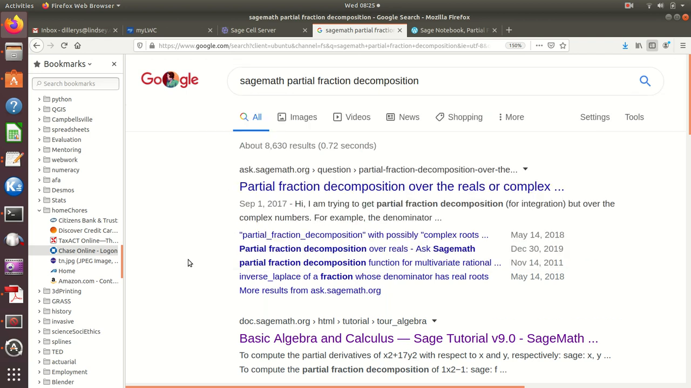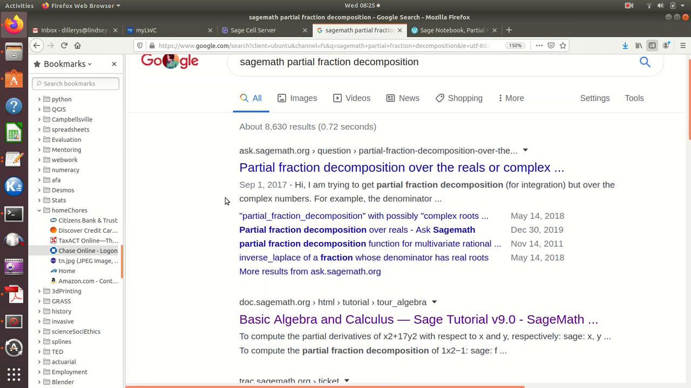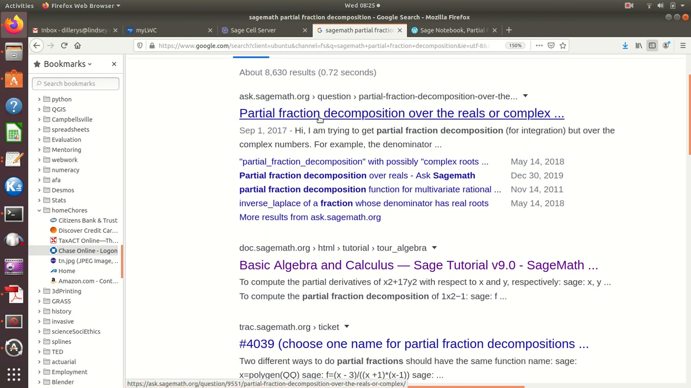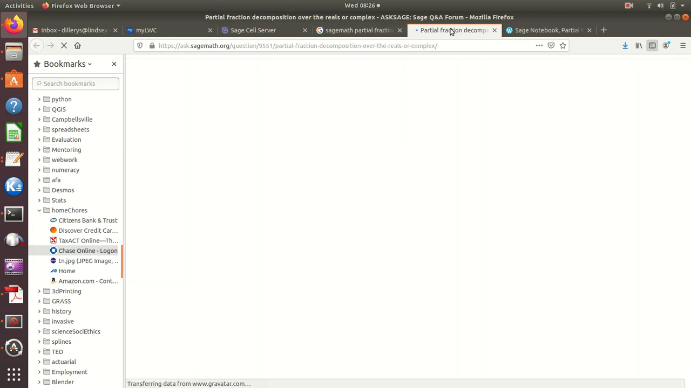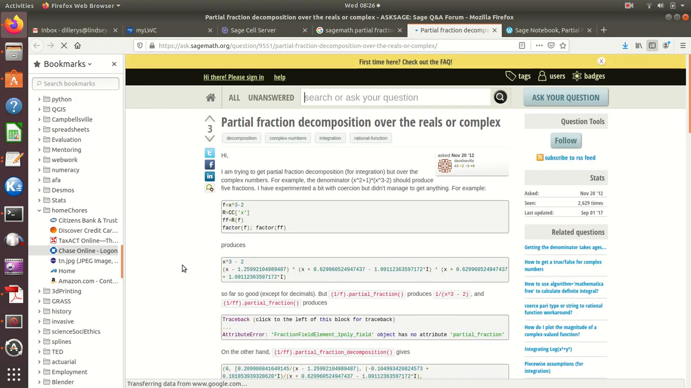I've done partial fraction stuff before, but I couldn't remember. I knew it could be done. And so I didn't look at this link. It probably would have been a good one. Well, let's go there now. So if I go to that one,